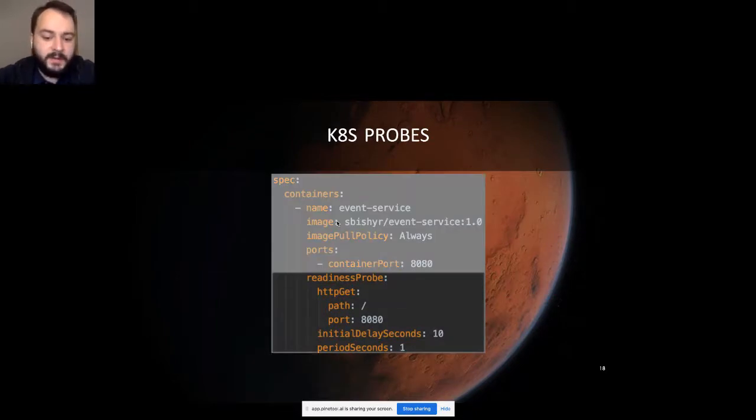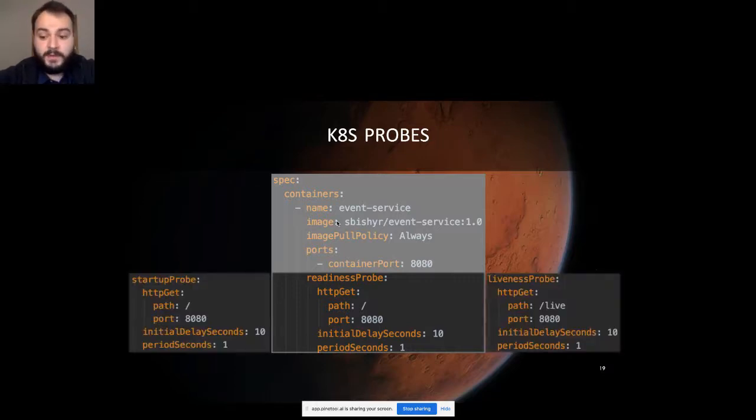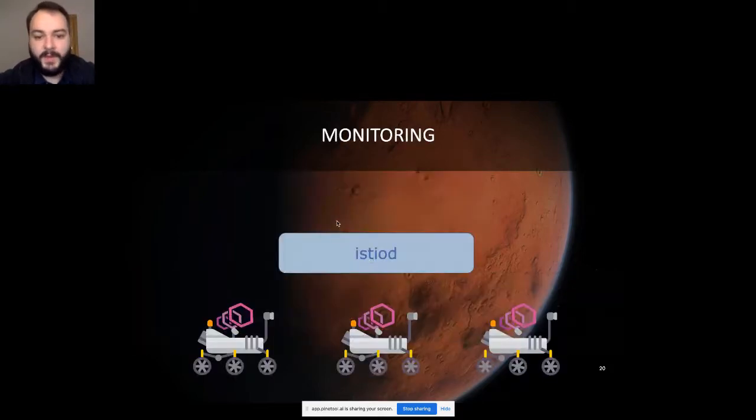So before your application starts, don't send any request to it. Here is the basic YAML configuration. Here is the example for the readiness probe with an HTTP GET to some specific path and port and additional configuration. And the same is for the liveness probe and startup probe. It's just the same configuration with a different name. But this is for the case when we know where the problem is, when we can easily understand what the problem with the application is. But sometimes, and usually actually, the problem is more tricky and you have to understand where it is. So for this, you have to set up proper monitoring tools.